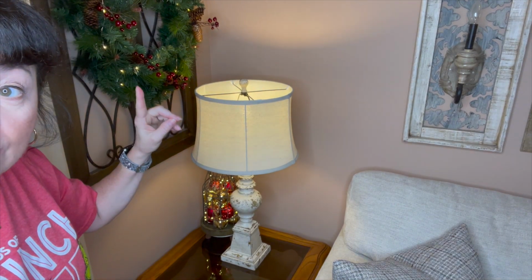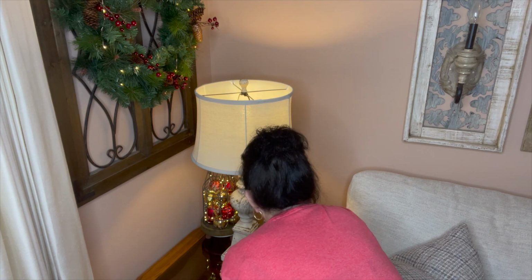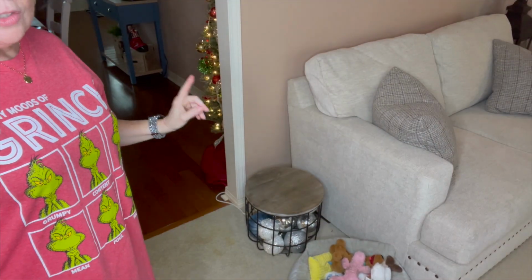And then you can see I have a wreath right there. Next I'm going in with this other little tree. And 2 more of my little coasters, and that's how I'm going to put them. I think it just adds visual interest. Okay, next to Maggie's toys,